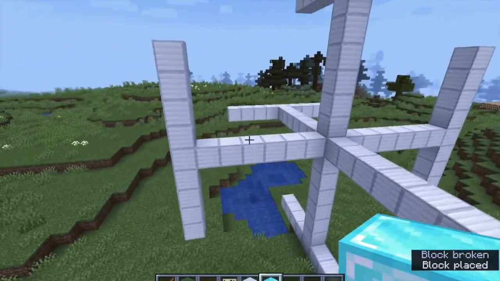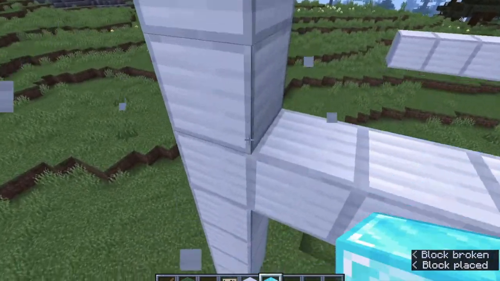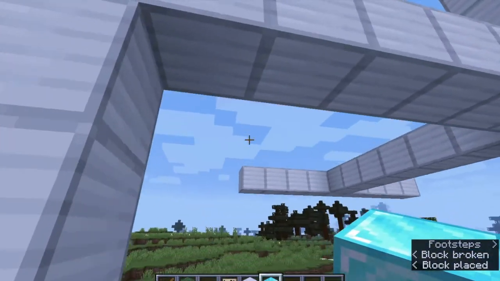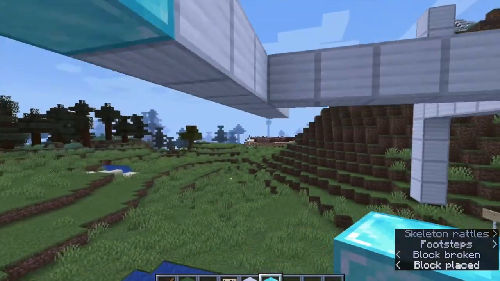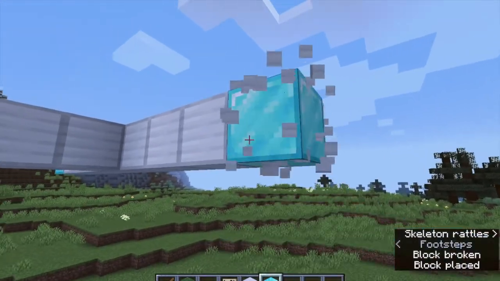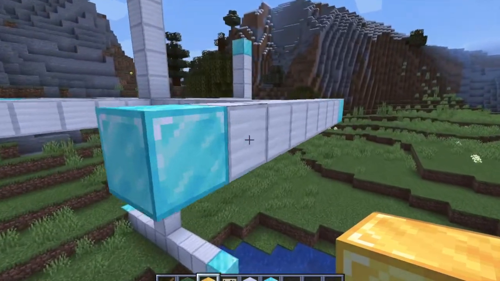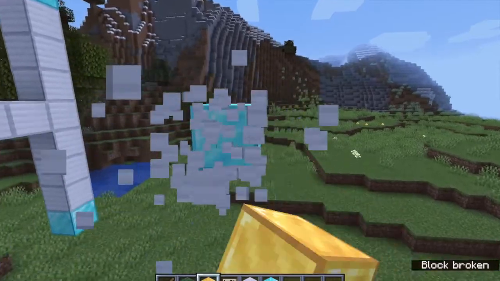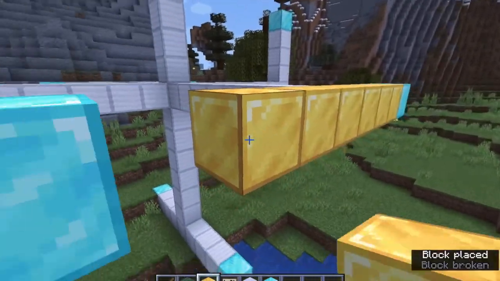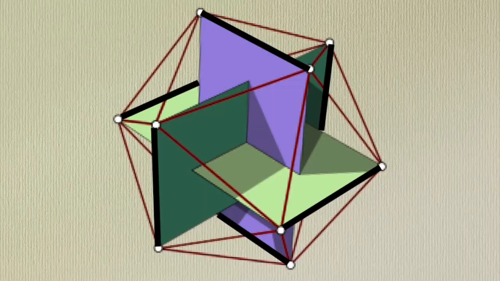Step 9. Replace the blocks on the ends of each with important looking blocks. These are the vertices of the icosahedron, where 5 triangles meet on each. There are 12 of these in total. Step 10. Replace the blocks between the important looking blocks with the block that you want for the edges. So this will actually make 6 out of the 30 edges.